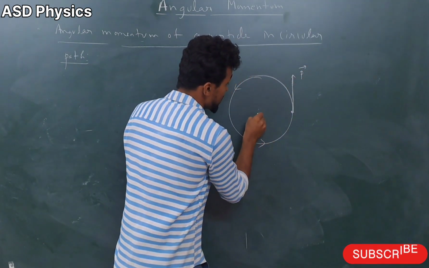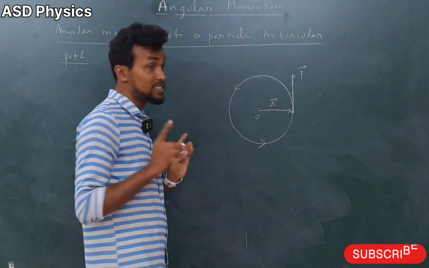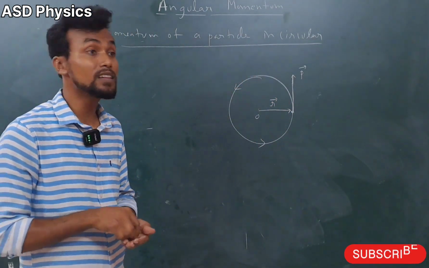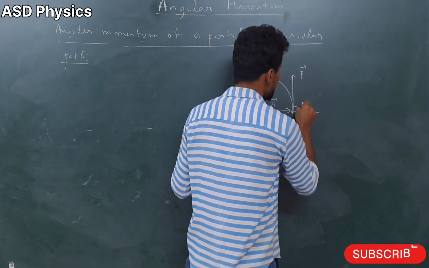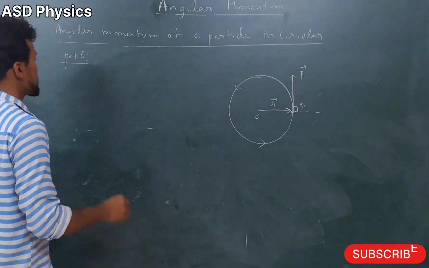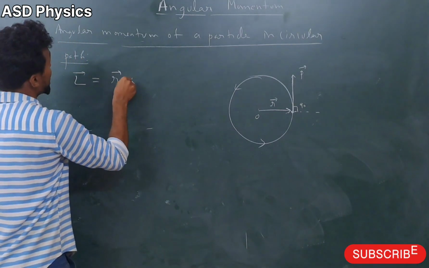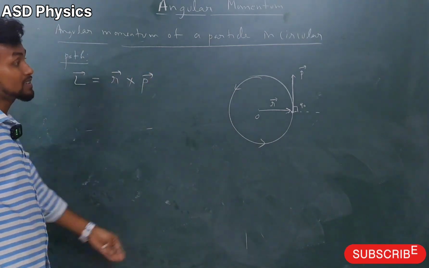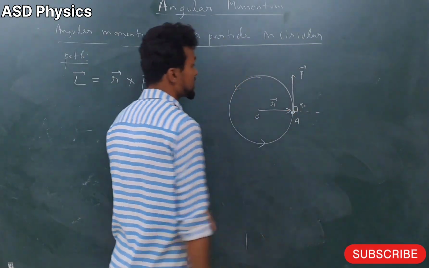After that, this is the center, no? And this is the position vector r. So just guess please, r and p is making how much angle? Because your head and tail is coinciding, so this angle is 90 degree. Now students, just see here, if we write the formula, L is what? L is r cross p, no? For the particle. Let's take here the particle is at point A.